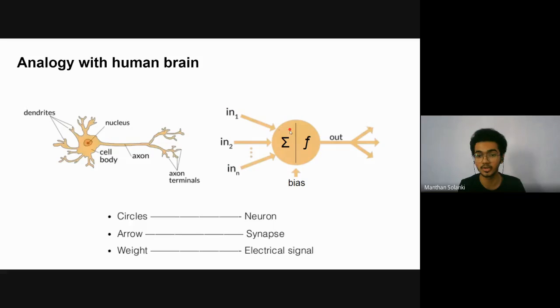The same concept is used in our neuron: we have the input and we calculate the linear unit. The decision-making step is the activation function. If I get enough input, then and only then I will pass it on to the next. Here the activation function sends either 0 or 1 in the case of the sigmoid activation function. So this is how the neuron works, the same as our human brain.